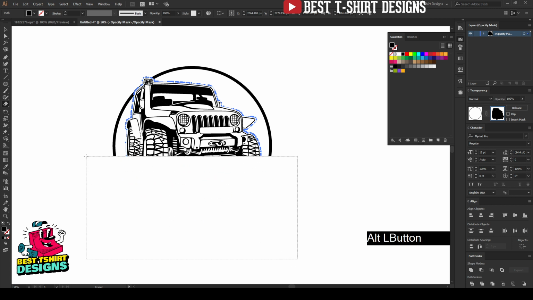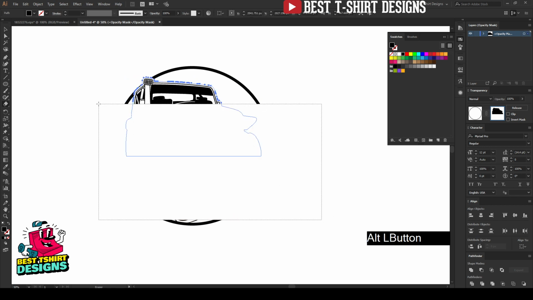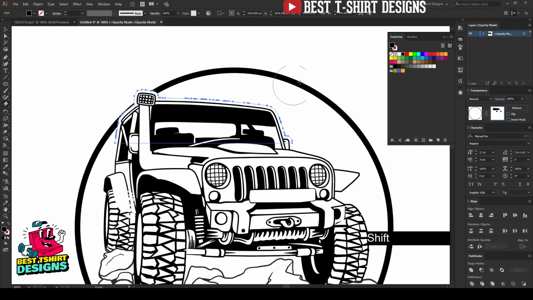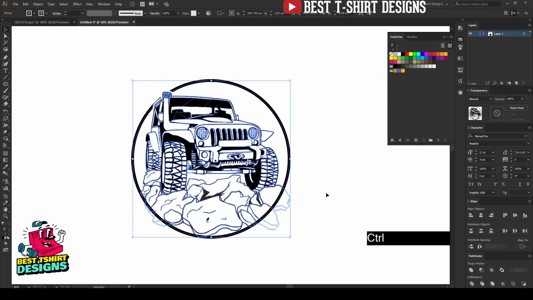Now I'm going to erase this part, the bottom part of the track, and this is how I am just keeping the part that I want, like this small part only. You can see this one. So this is the area I want to keep here. Let's move out. So this is how my graphic is looking now. Let's make them a group. That is fine. Now the brush making process will start.